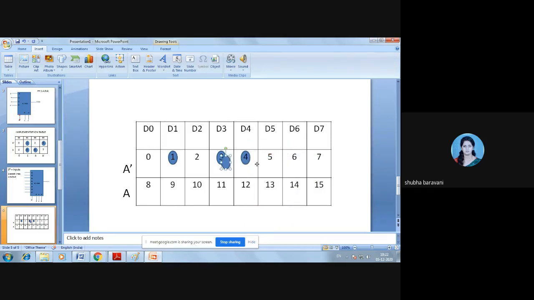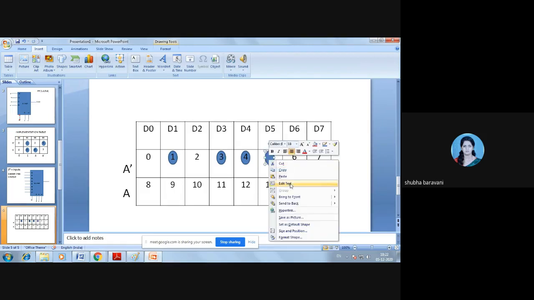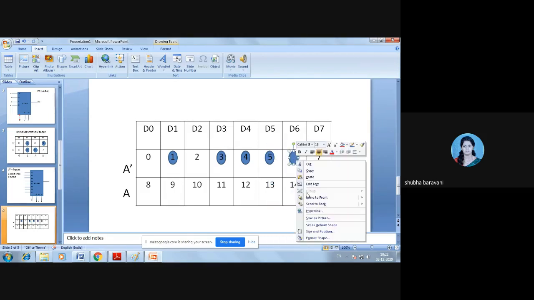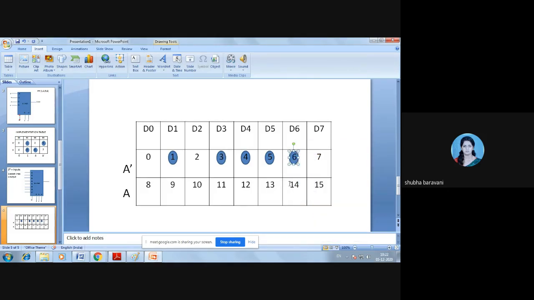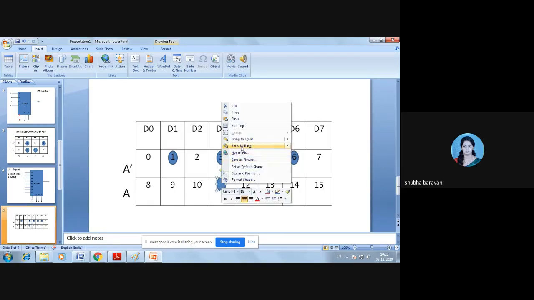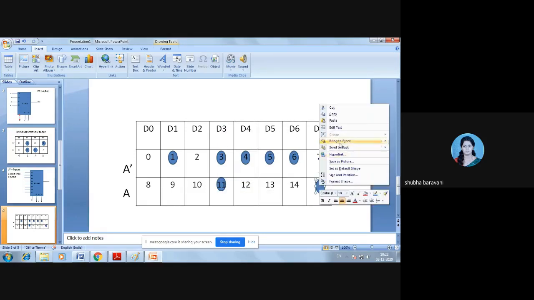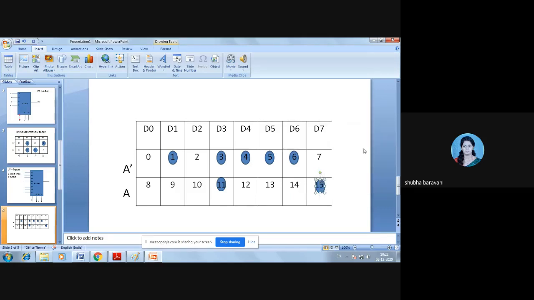Then 5, then 6. 1 3 4 5 6 11. 11 I have here, and 15. Okay, 11 and 15.